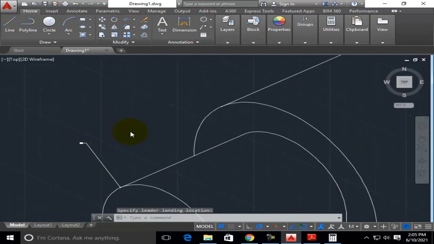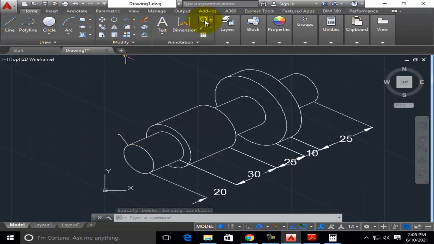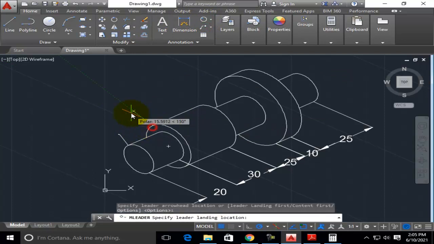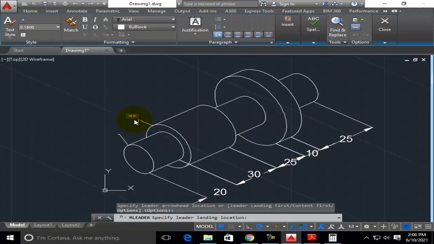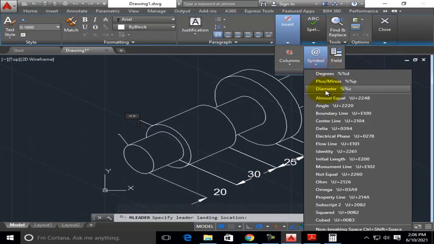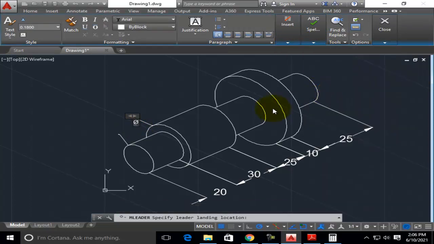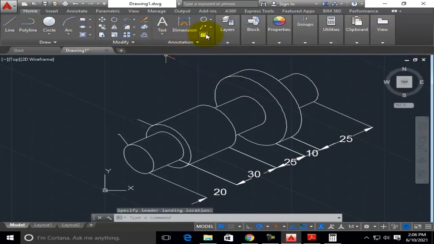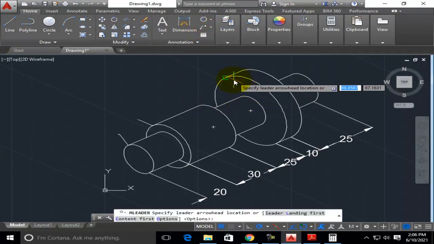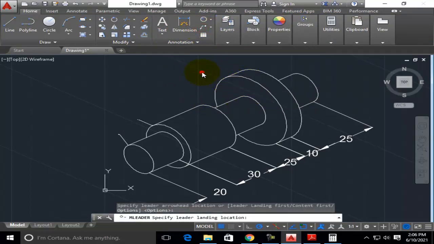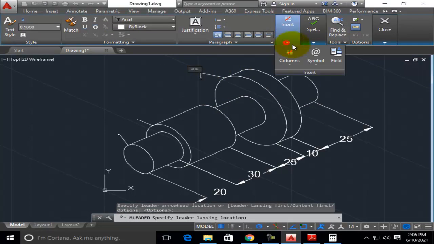Also for the next option over here, again the same, under insert symbol, diameter, this is 30. Now again similarly repeat the leader option for this circle also, diameter of 48.